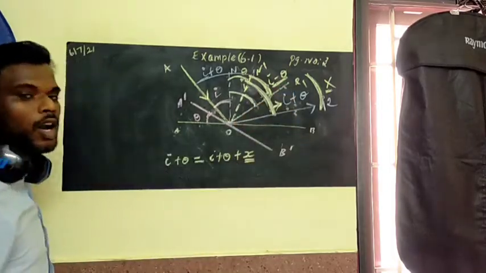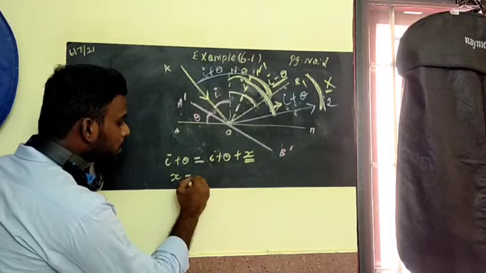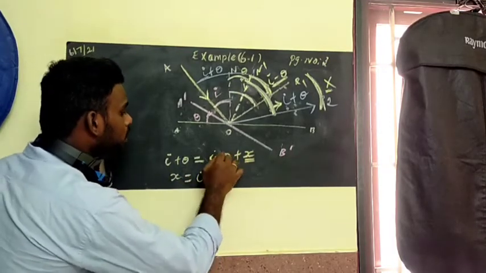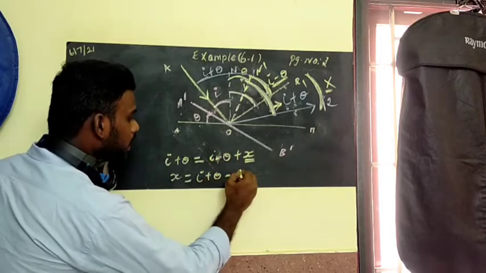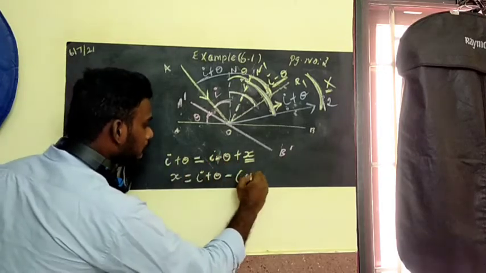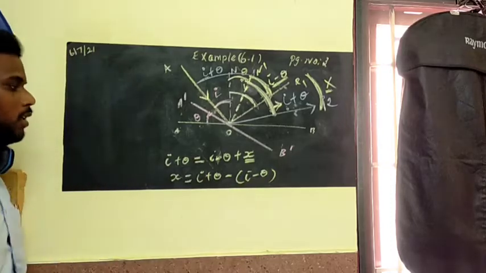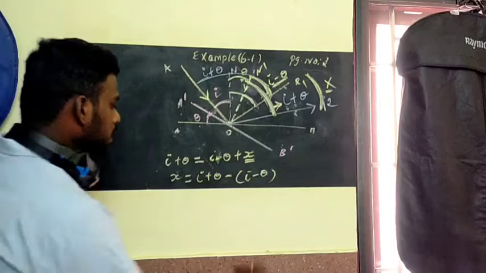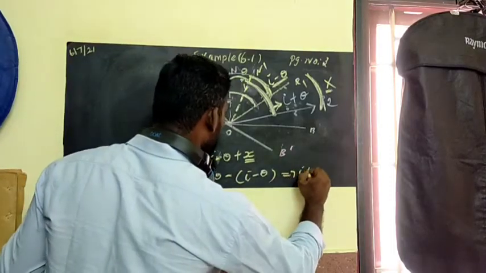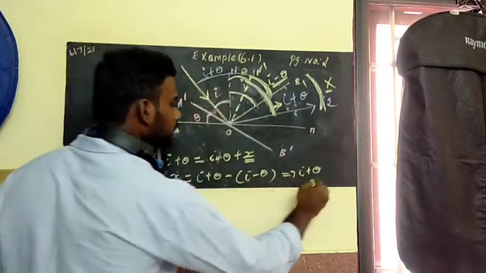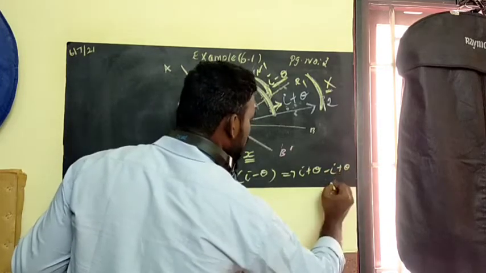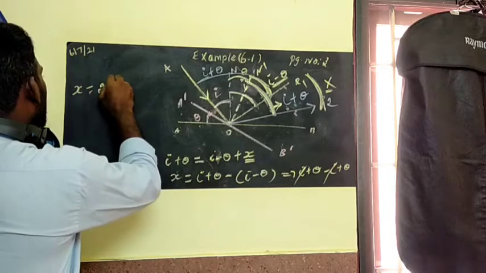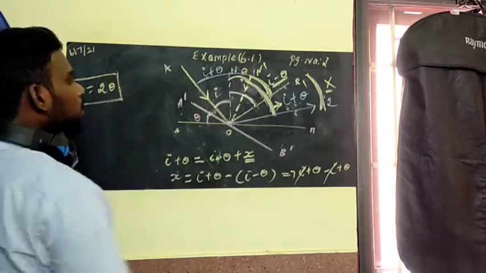X, the difference between R1 and R2. So from this, X will be equal to I plus theta minus I minus theta. So I plus theta, if you bring it to this side, it becomes minus I minus theta. Multiplying the minus inside, minus I plus theta, so I and plus I will cancel, and X equals 2 theta. X equals 2 theta.